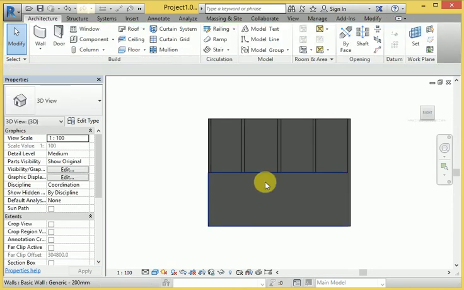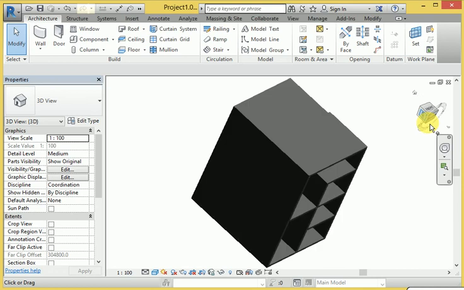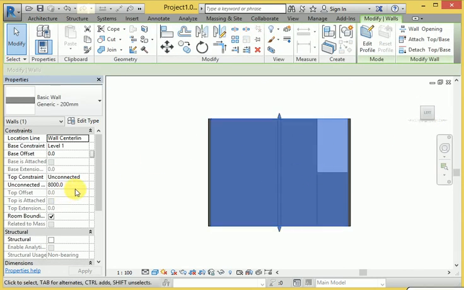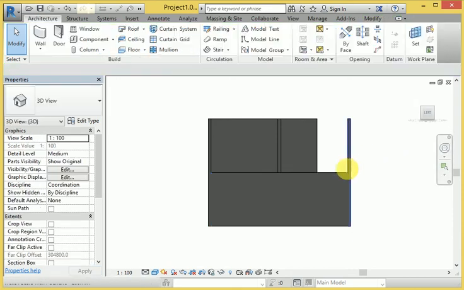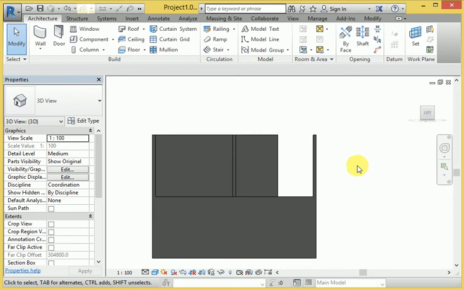Then again, another view I have gone to, right. This one again I will provide this 4000 distance here. So this particular height has been changed.